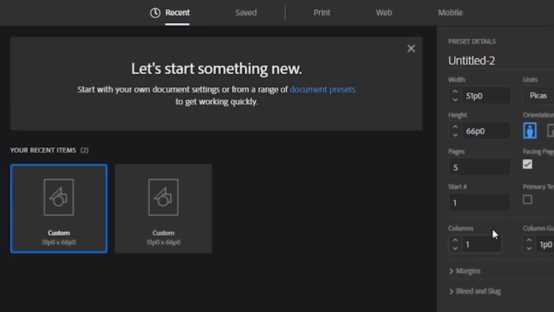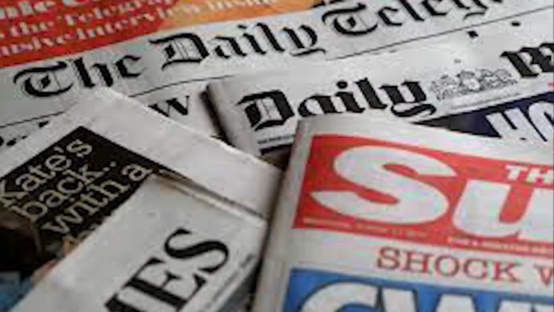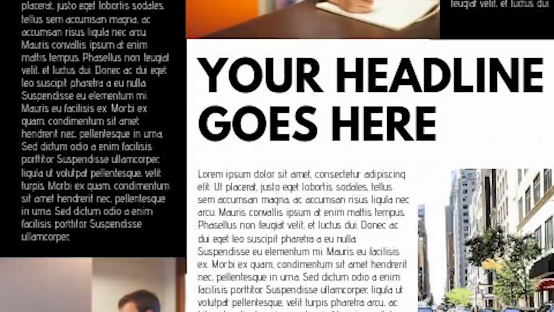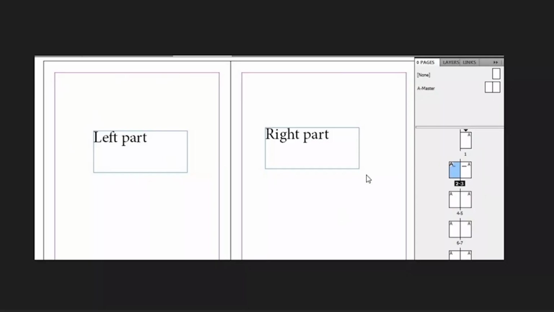Column. Column on the page is a vertical section where text or other content is arranged, often used in newspaper, magazine and newsletter. Facing pages. Facing pages are two pages in a book or magazine that are designed to be viewed together, such as a two-page split. Hope you understand about margin, bleed, column, facing pages as well as creating new